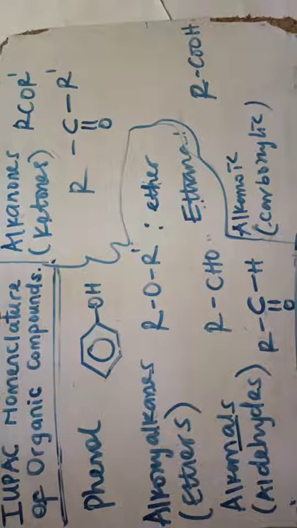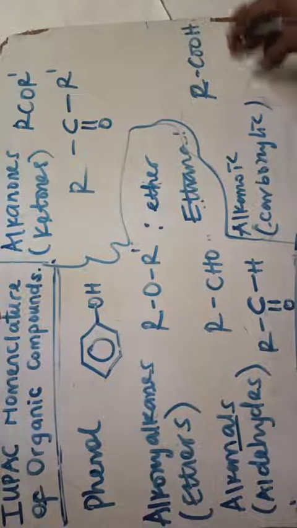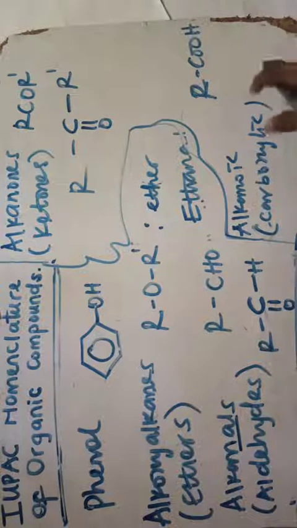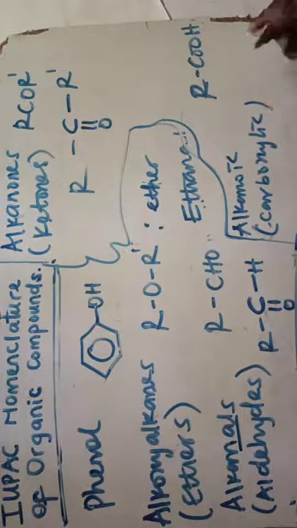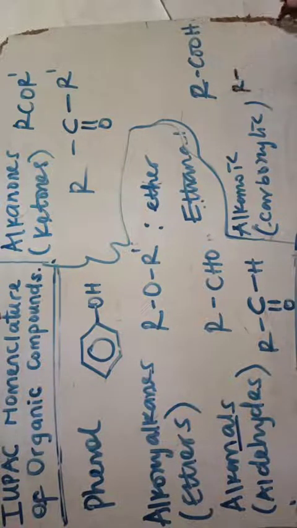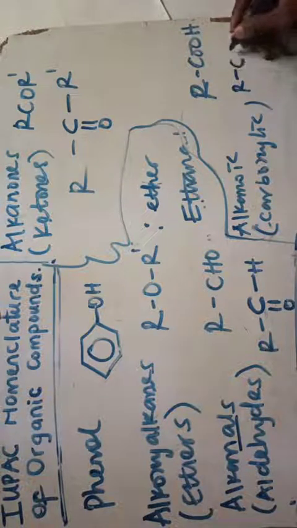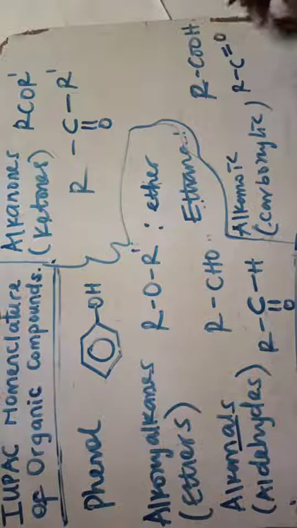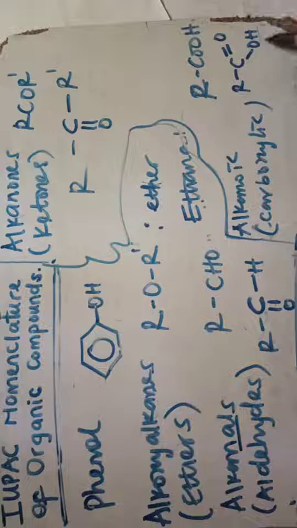So before I clean this, to draw the molecular structure is very simple. Your C has a double bond to O, so that will be R. You have your C here, and you have your carbon with a double bond attached to this oxygen here. I'm going to have my single OH here. It has all of this. So it is very important.